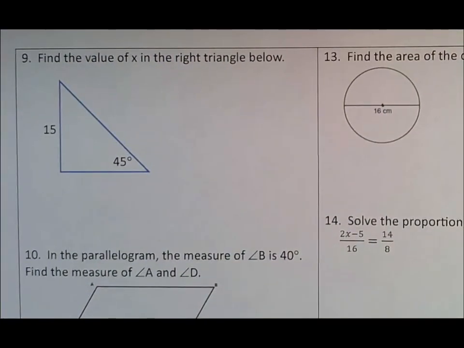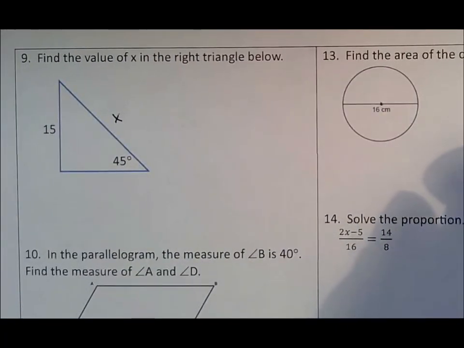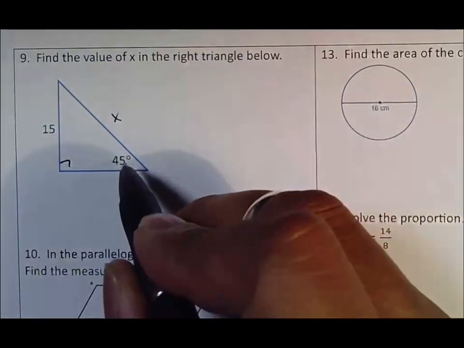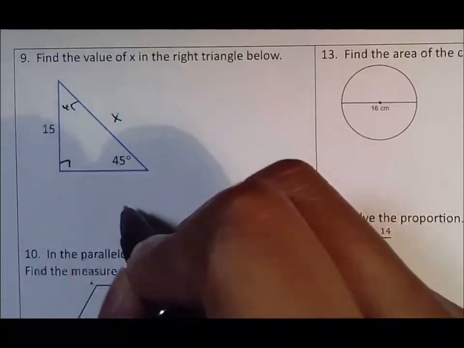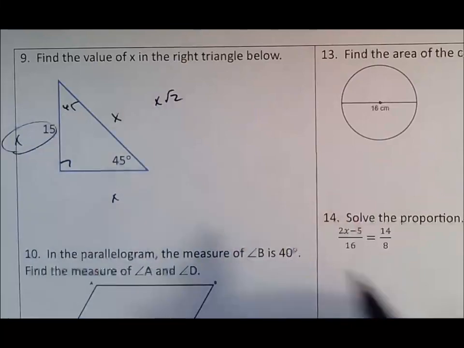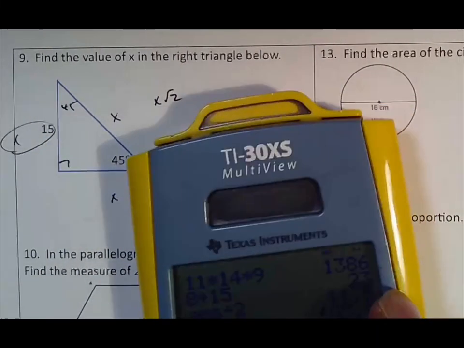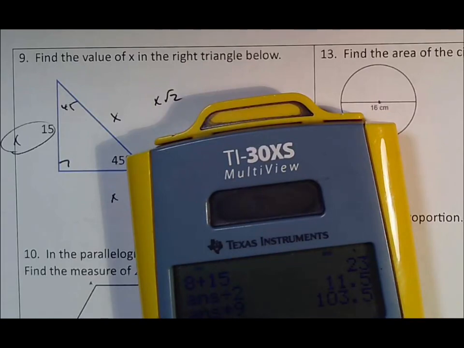Find the value of x in the right triangle below. The x, I think, is there if you have it on your sheet. Don't forget, we know that that's a right angle. We know that's 45, which means that that's 45, which means we have x, and x root 2, which means that since x is already 15, this has to be 15 root 2. If they give you a decimal form, remember to just type in your 15 root 2